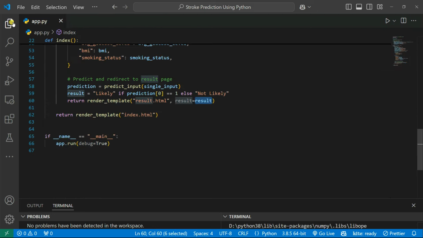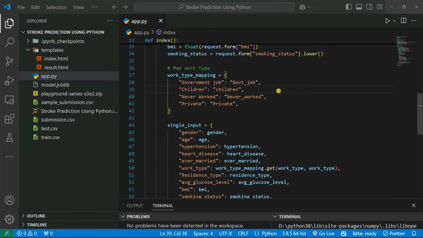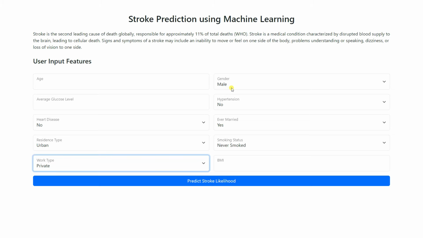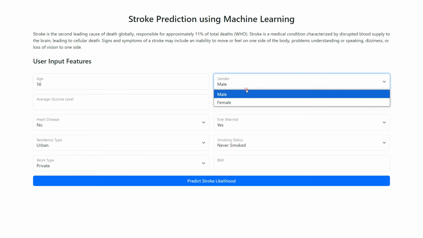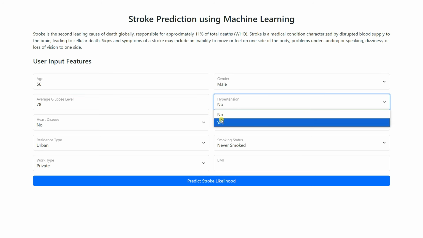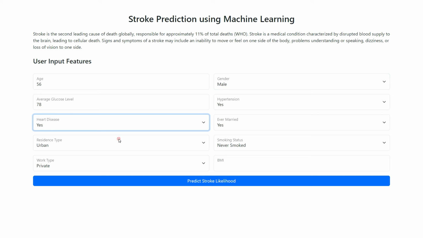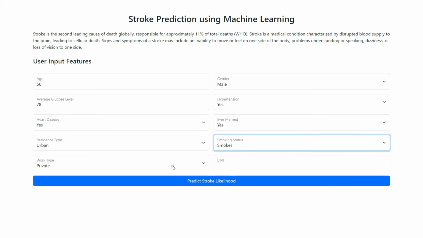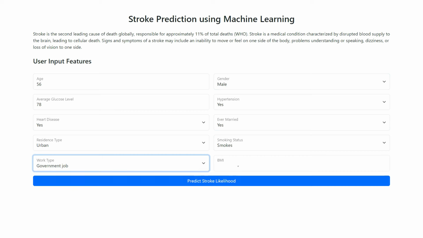Okay, so now let's go to the application again. That's our application. You can give any kind of name, let's say 56, and let's say male, average glucose, let's say 78, hypertension, let's say high, heart disease, yes, ever married, yes, urban, smoked, and let's say it is a government job, and BMI, let's say 34, 34 can really happen, 32, and if I click here,